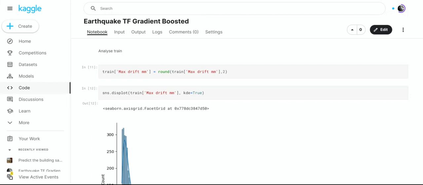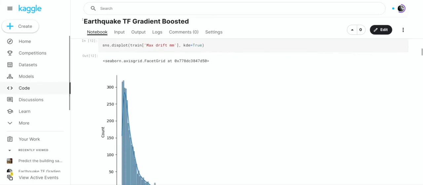If I hadn't rounded it, then every instance of the label would have been unique, and I would not have been able to make a prediction. So that's why you have to round it to 2 digits to get it to work.